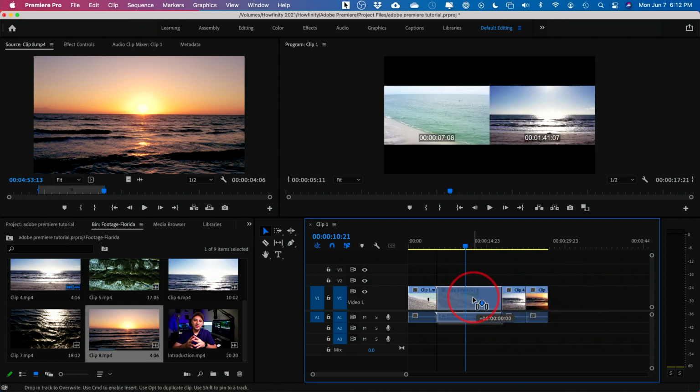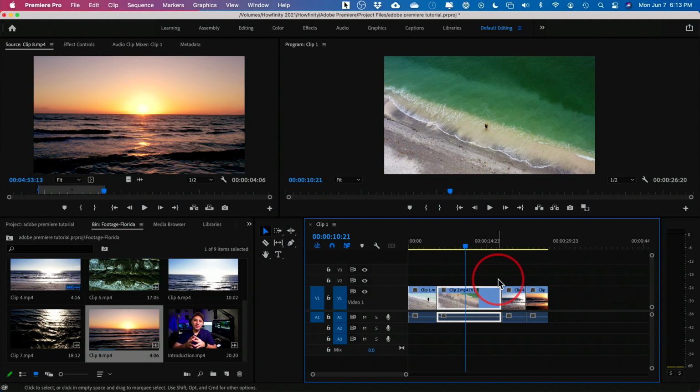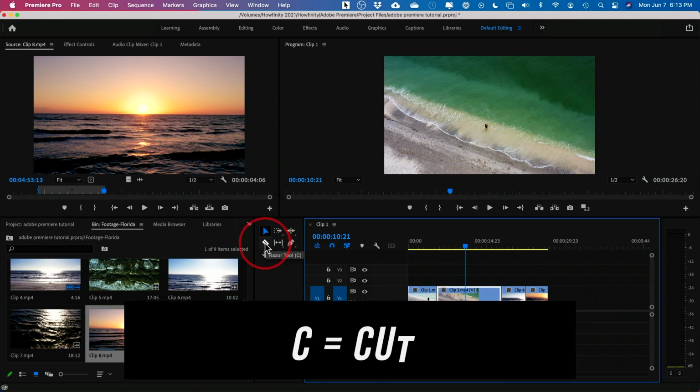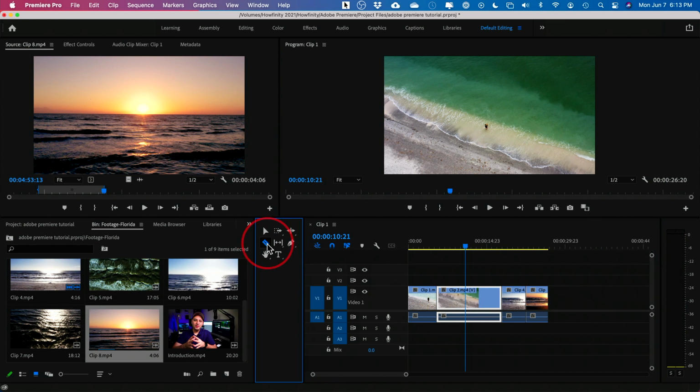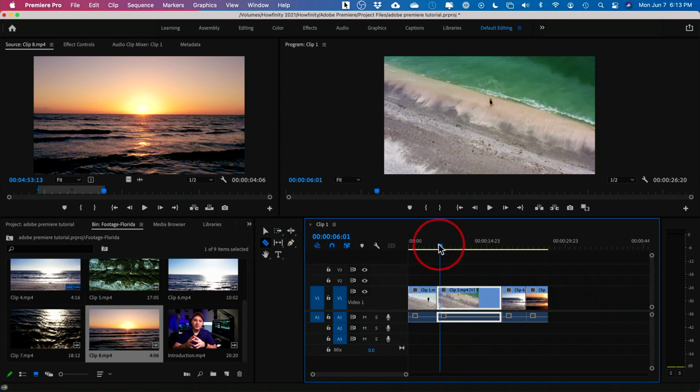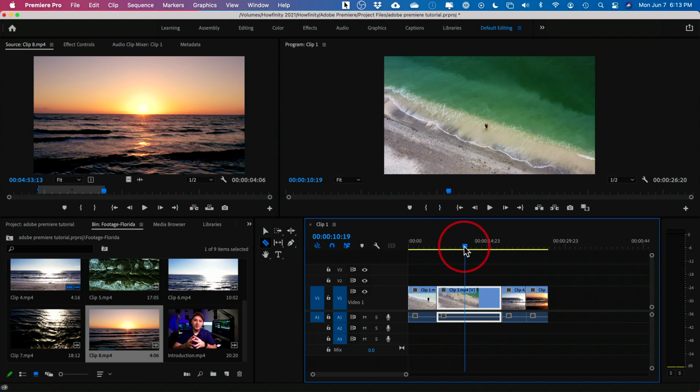If I grab it, the whole thing moves, the whole clip. And I don't want to go back here and start from scratch in the assembly section. So this tool right here, it looks like a razor blade. The keyboard shortcut for it is C because it stands for cut. So if you select it, you could come in here, and as long as this line is where you want the cut to happen, like here, if you come down here, you could click and it separates your clip